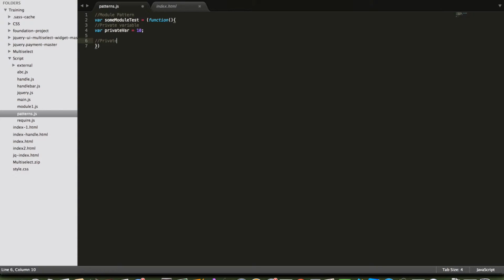And let's add some method in here. So this is a private method. So let's say var private method equal to some function, and this function returns us, it will return us some private value. So let's say return private value, and we are going to create a complete return statement which will have some public